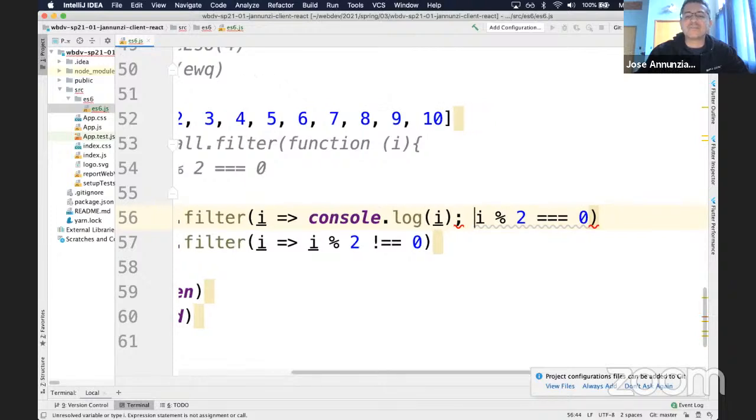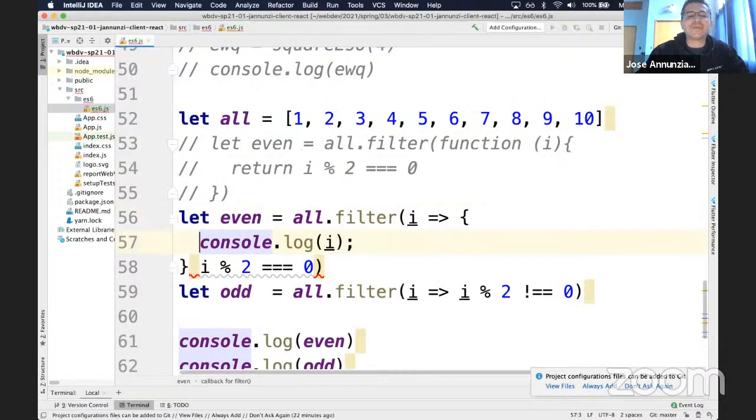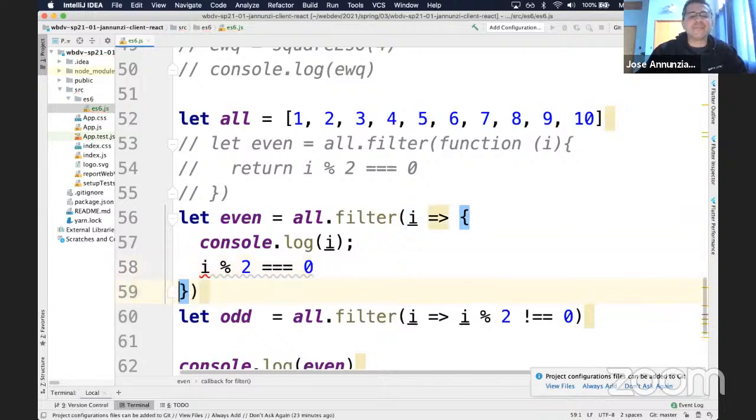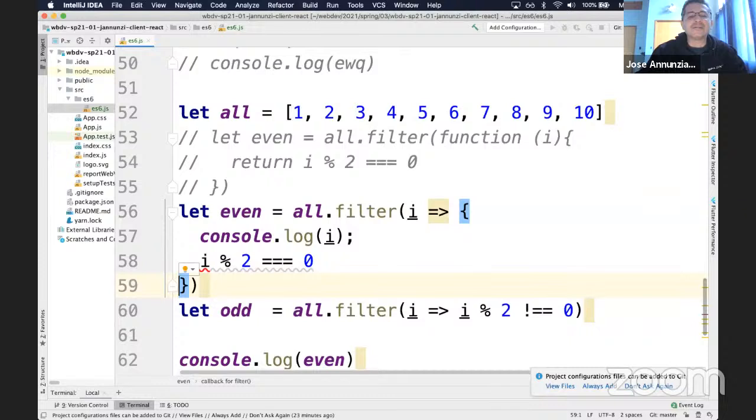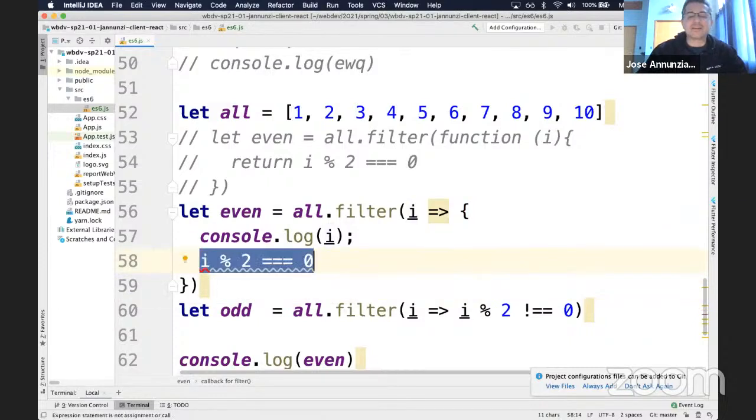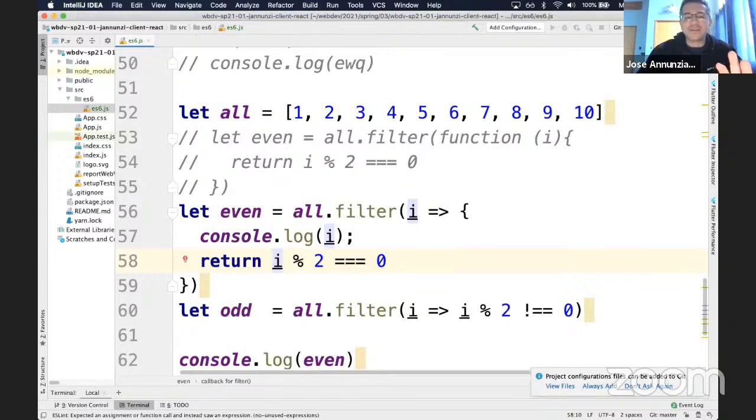Then the next thing you might do is say, oh yeah, you're supposed to put this in a curly bracket. Notice that the IDE kind of botched it up. It doesn't know where to close the curly bracket. So the curly bracket would need to be closed right here, maybe? Okay, it's still wrong, because this is not a syntactically correct expression. Well, the expression is correct, but you need to do a return. Now it's properly